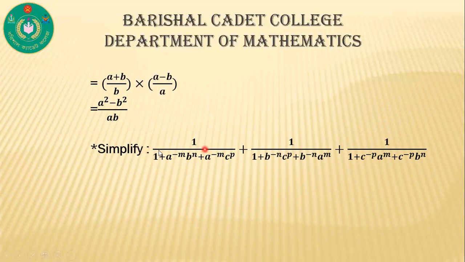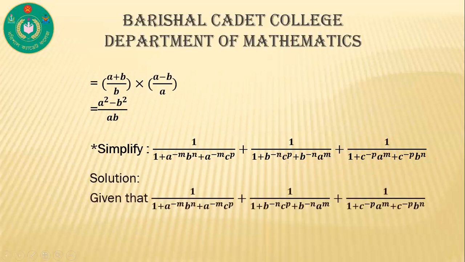Simplify 1/(1 + a^(−m) b^n + a^(−m) c^p) + 1/(1 + b^(−n) c^p + b^(−n) a^m) + 1/(1 + c^(−p) a^m + c^(−p) b^n). Given this term,